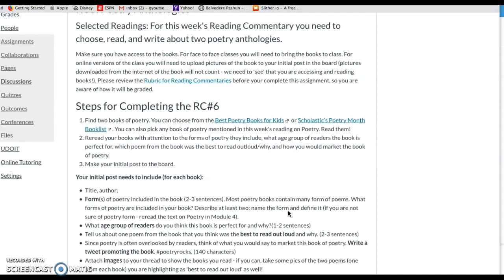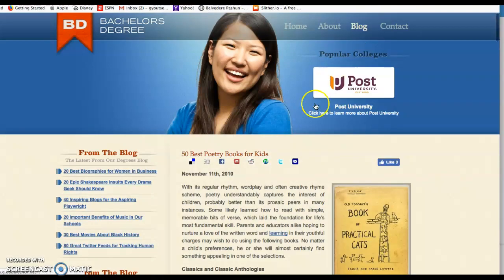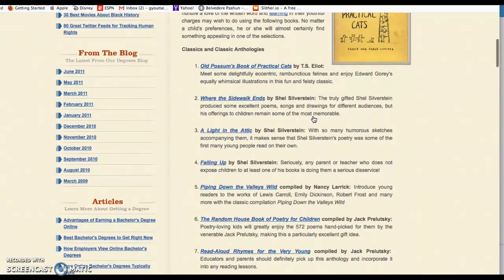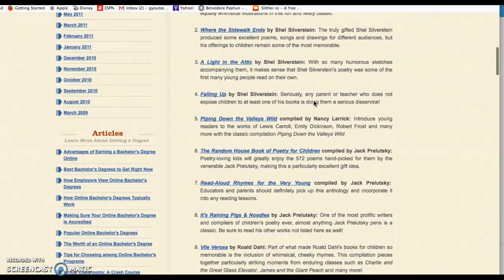So the first thing that you're going to do is check out, of course, I am including a few links for books of poetry. We have Best Poetry Books. And of course, these are always just suggestions. You certainly do not have to choose the books on this list. If you have some at home that you love, or if you're in the library and you find something not on this list, that's certainly okay.